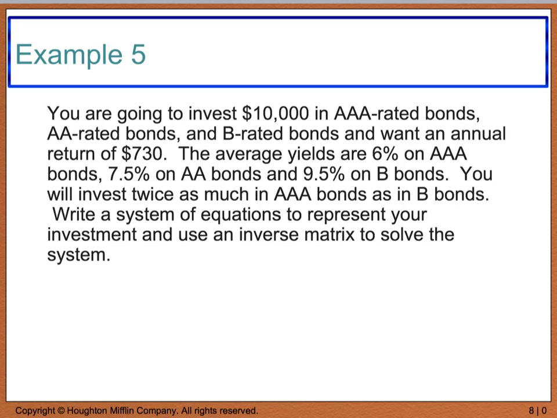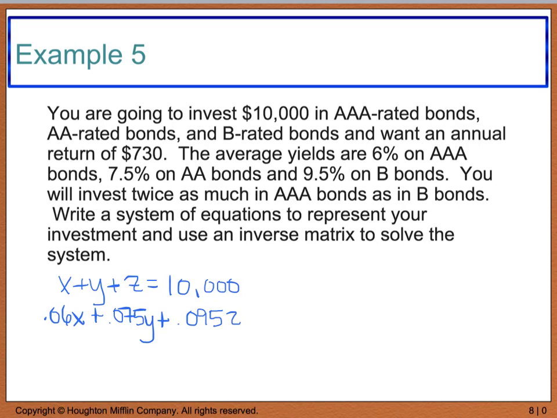First of all, we need to write a system of equations to represent our investments. The first thing I'm going to do is I know that x plus y plus z, x being my AAA, y being my AA, and z being my B bonds, is going to equal my total amount that I have to invest, or my $10,000. My second equation comes from the interest that I want to earn. I see that I have 0.06x plus 0.075y plus 0.095z, and this is going to equal the total interest,